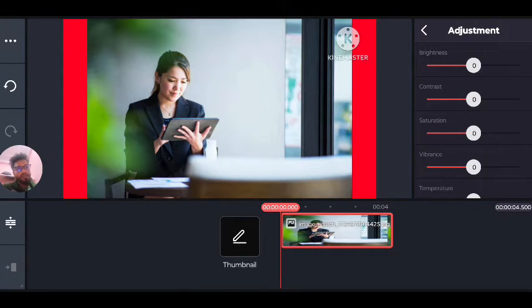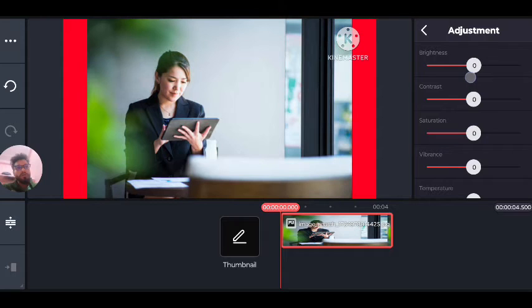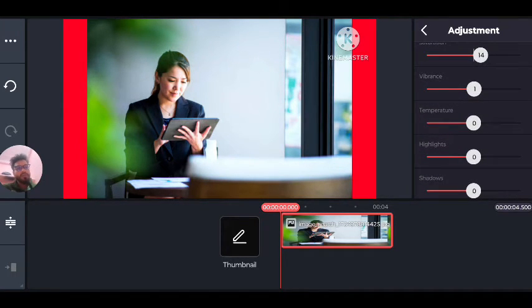and increase some brightness. If your photo's brightness is low, you will increase and decrease your brightness. Then click on contrast, increase some contrast level for photo smoothness. Then click on brightness, saturation, so like this. Then click on temperature,